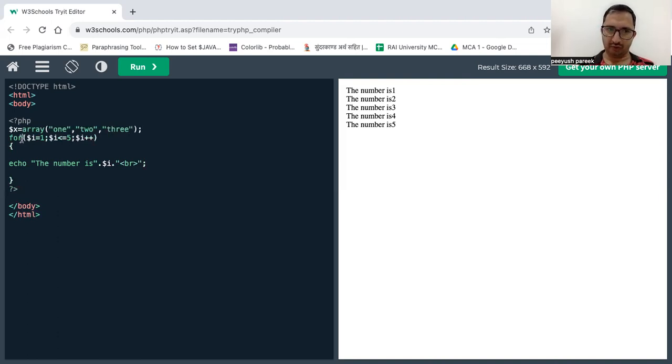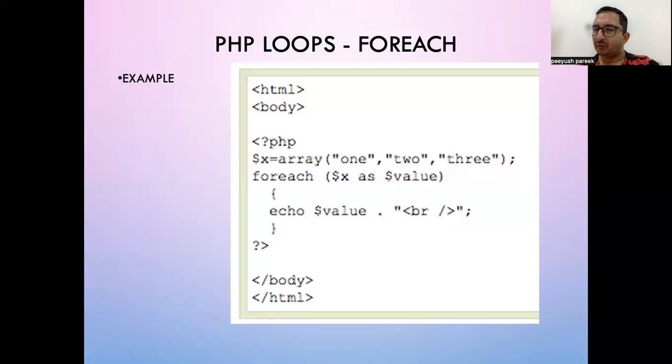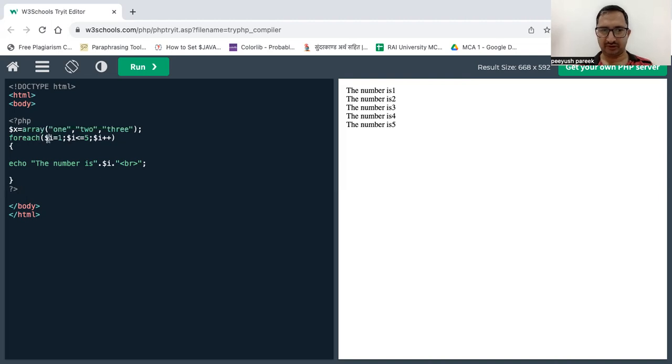Now, foreach, what we have to do is fetch from $x as a value. So we'll do this. $x as $value, and we will print this value over here. $value. We will run,